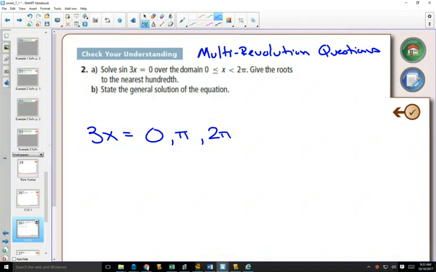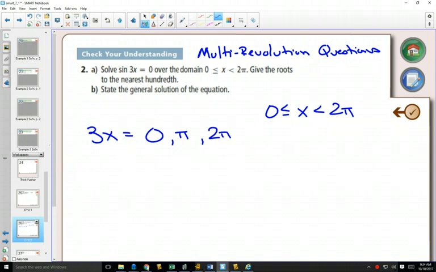Now, because it's a 3x, this also has an effect on our domain. For example, if I got you to pick a number between 1 and 10, and then I got you to multiply that number by 3, everybody's numbers would be between what and what? If I got you to first pick between 1 and 10, and then you multiplied it by 3, what are our numbers between now? 3 and 30, right? Because you've multiplied by 3. So in this question, if we look at the original domain, 0 less than x less than 2 pi,